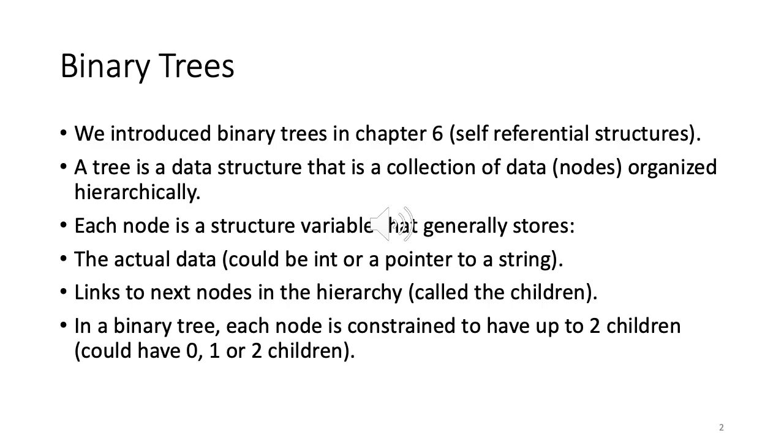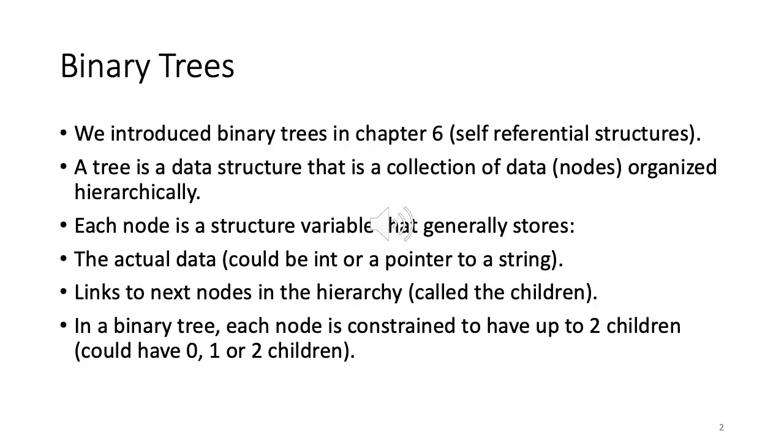So at the top we have a root node, and then as we go down, we go down from one level to another. So there is level 1, level 2, level 3, level 4 as we go from root to bottom all the way to the leaf nodes, and then at each level we can have a number of nodes. So the organization is hierarchical and not flat like a linked list.